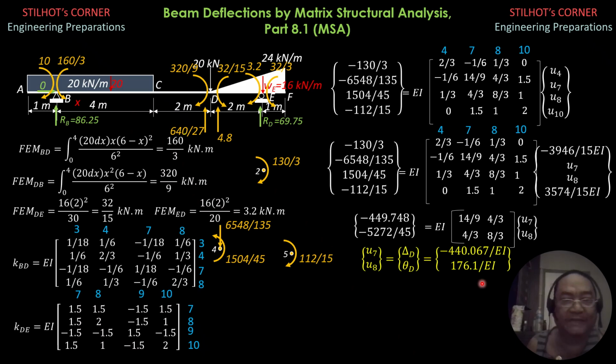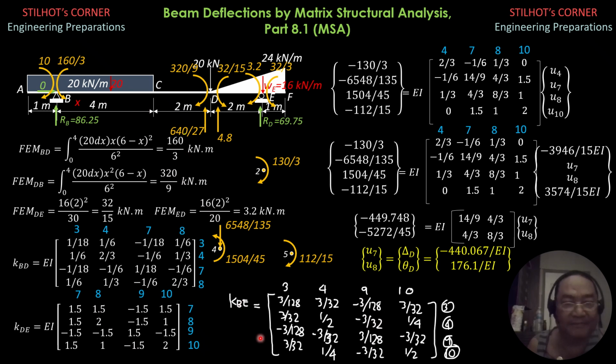Now, I want to extend the solution by considering B, D, B, C, D, E as a whole, and we already calculated B and E. So we have to prepare the stiffness of BE. This is the stiffness of BE. We want to solve for theta B and theta E first. So the length is 8. So you have to check with that. And let's continue this on the next slide.